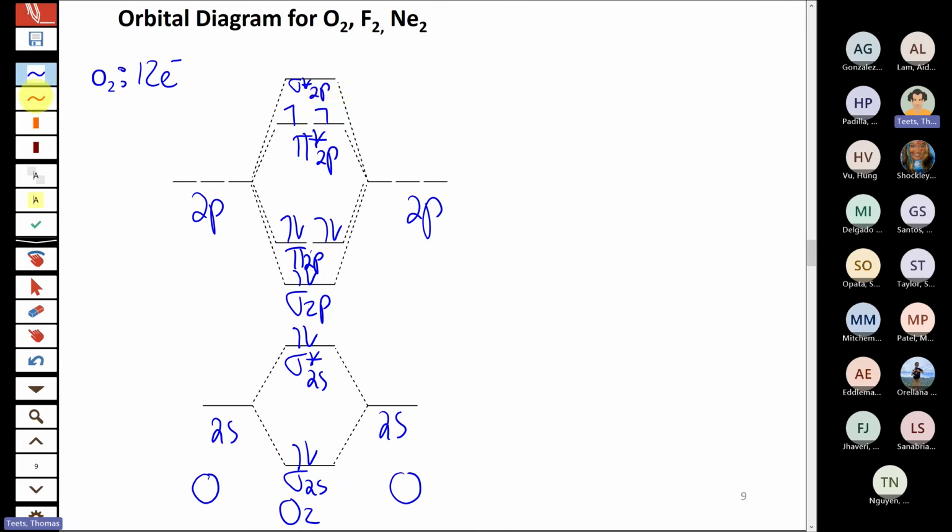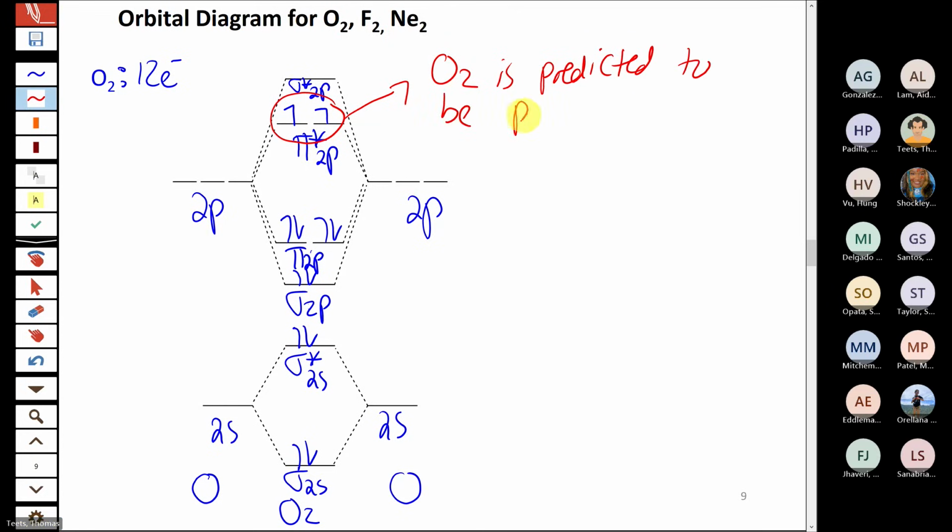All right. And then what we can see now, because of these 2 unpaired electrons, is that it leads to the prediction that O2 is paramagnetic, which is in fact what it is, as we saw in the video that I showed last time. So this bonding theory for O2 matches the experimental data much better than we would get from valence bond theory.